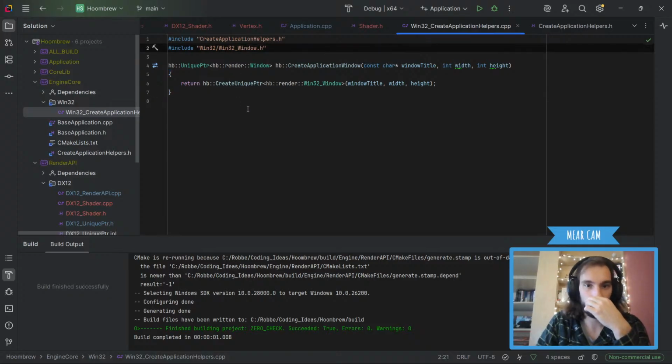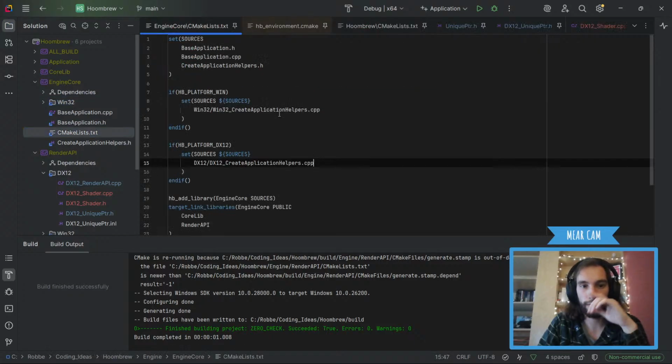Oh yeah, no, this is correct. Okay, so that's Win32. So inside engine core, didn't I add a DirectX 12 C++? Yes.